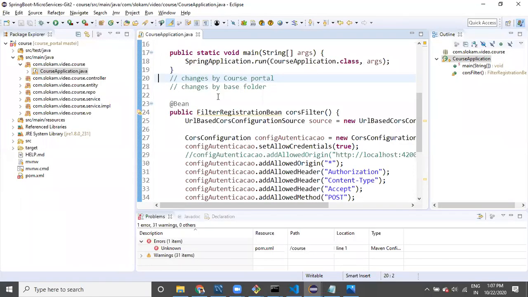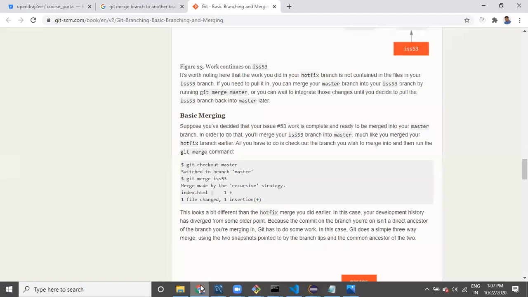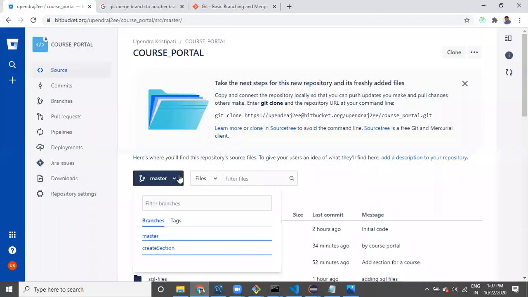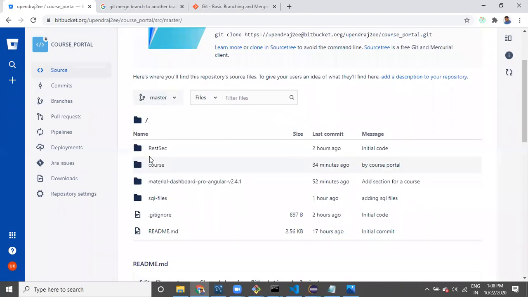Now it will be like this. Now let's look at it, guys. Let us go to the branch, and you can go to the files. You can go to the master branch, here in the master branch. So changes updated when?